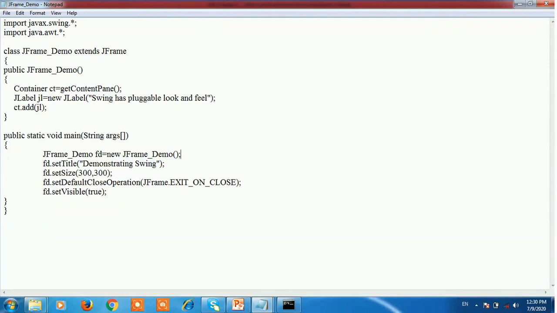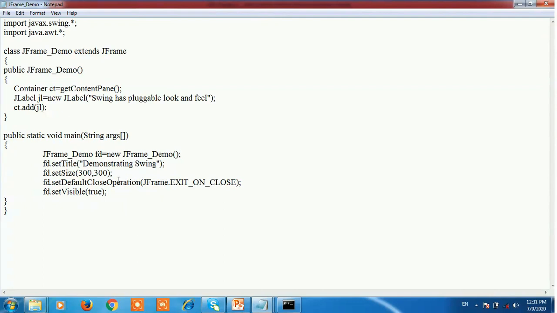But in JFrame, we can directly close the frame window by using the method setDefaultCloseOperation.